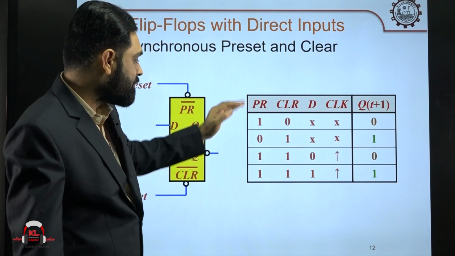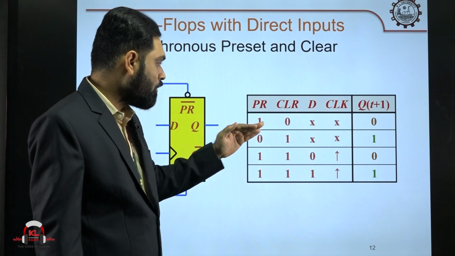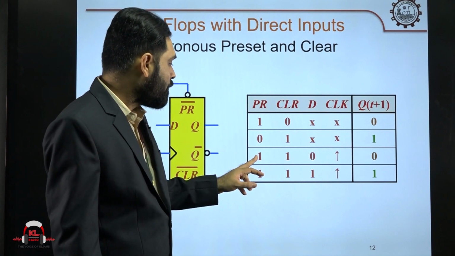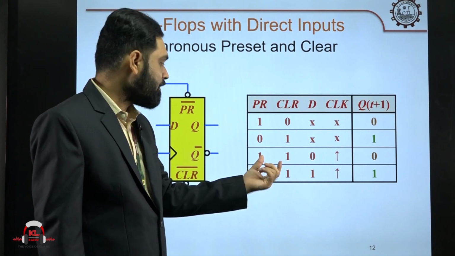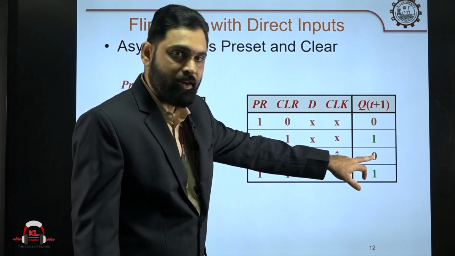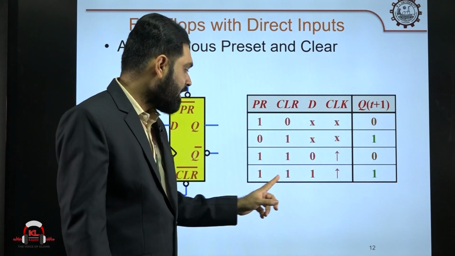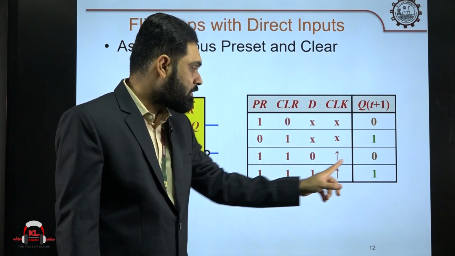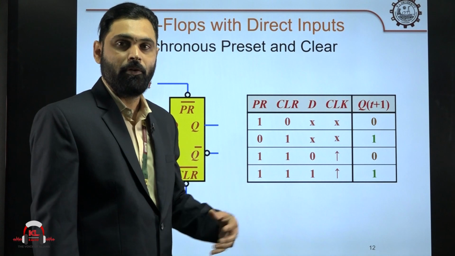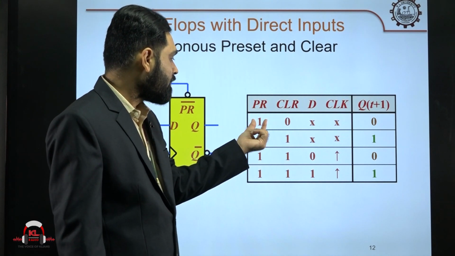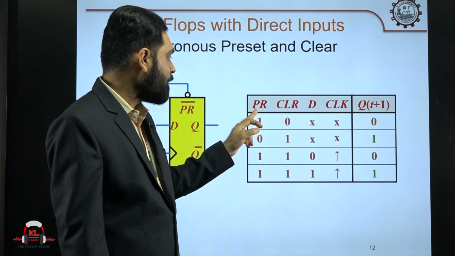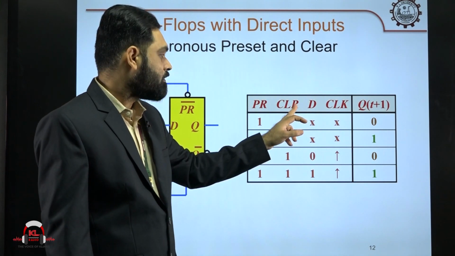Apart from these two cases, if you do not want to preset and do not want to clear, and you want the actual operation of the flip flop, then put both PR and clear at 1. Whenever both PR and clear are 1, whatever input you apply, that output you will get, because this is a D flip flop. When PR and clear are 1 and D value is 1, that value will be projected to the output. That means when you want the actual operation of a D flip flop or any flip flop, you have to connect 1 to PR and clear. If you want to set intentionally, activate PR. If you want to clear the content, activate clear.